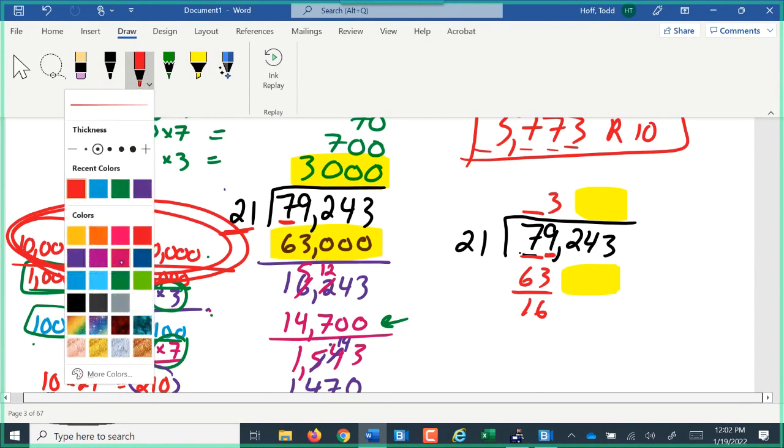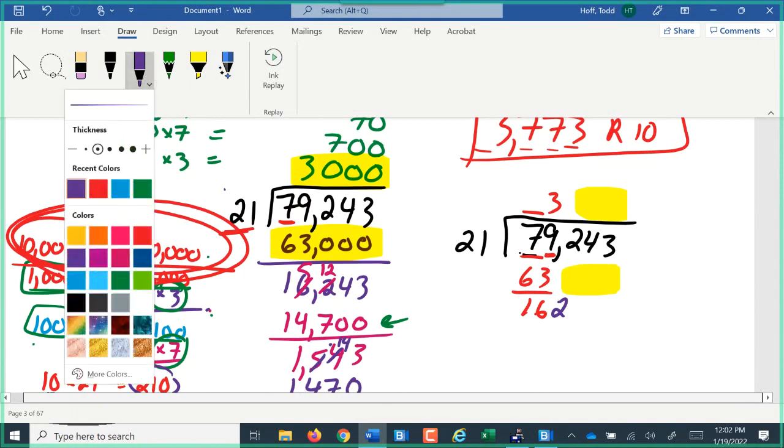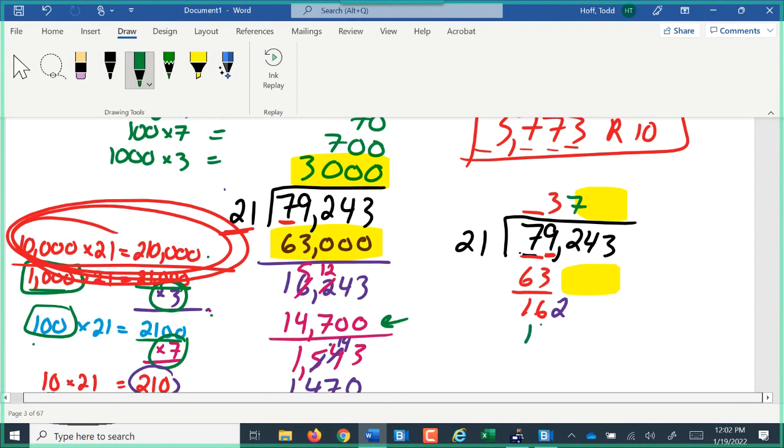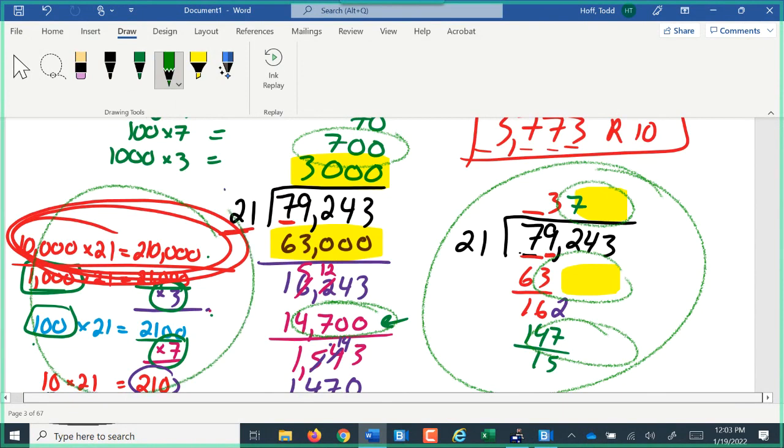So we go ahead and bring down, depending on what method you were taught, either just the next digit or the rest of the number. It doesn't matter which. 21 goes into that 162 7 times. 7 times 21 is 147. There's 15 left over. Again, that's exactly what we did over here. We just left out zeros. So this process that we were taught for long division comes from just doing repeated subtraction,